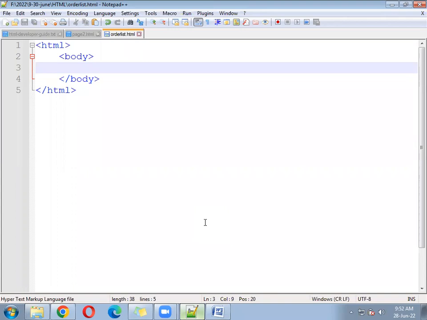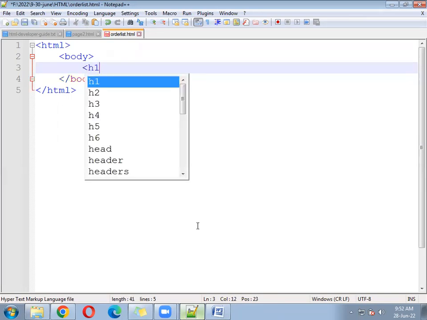Even before HTML, we have to write a doctype, but we will write that once we come to the HTML5 related tags. As of now, the doctype is not even required. So let us start from HTML, open the body, close the body, and under the body, understand the list of tags. Now write inside the body tag,